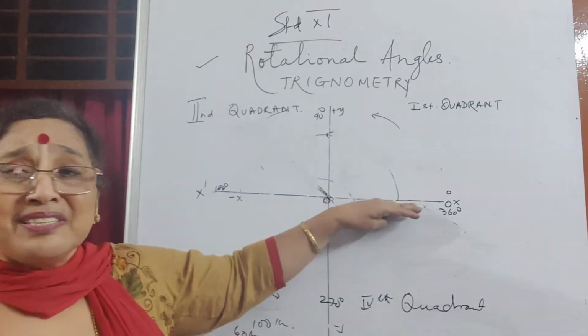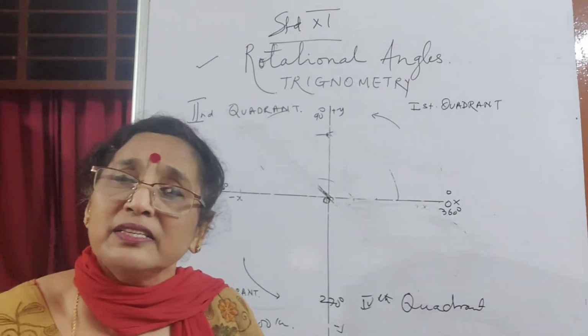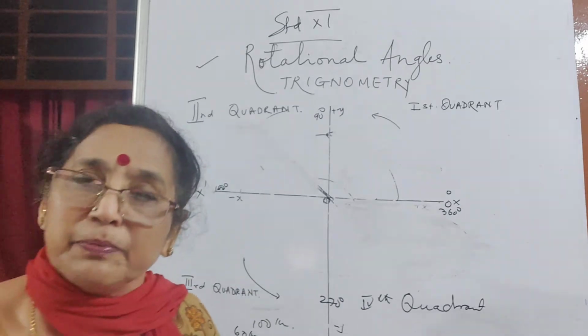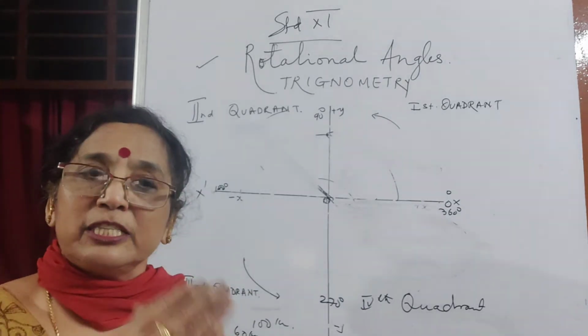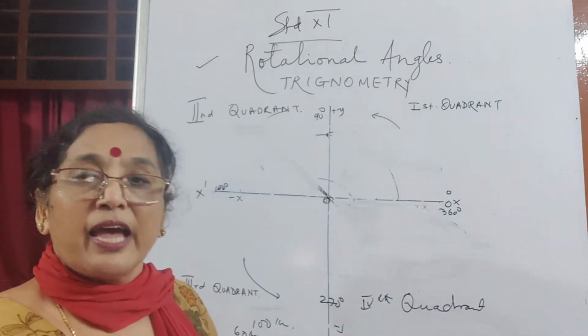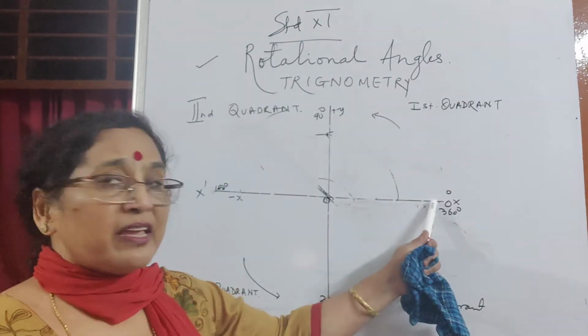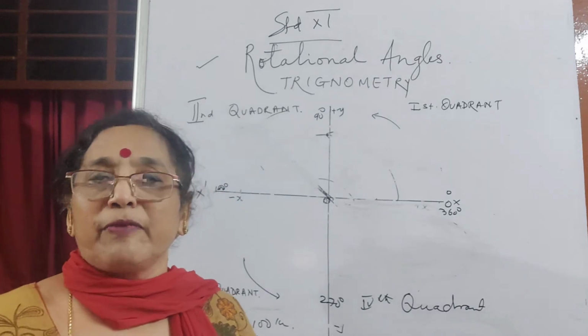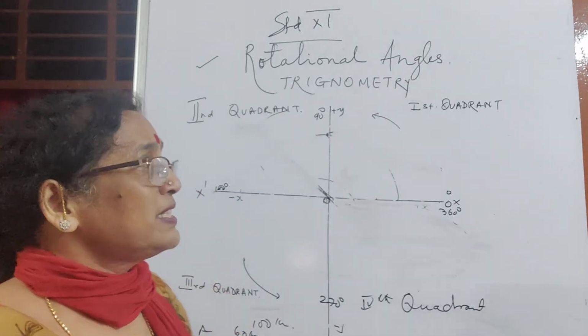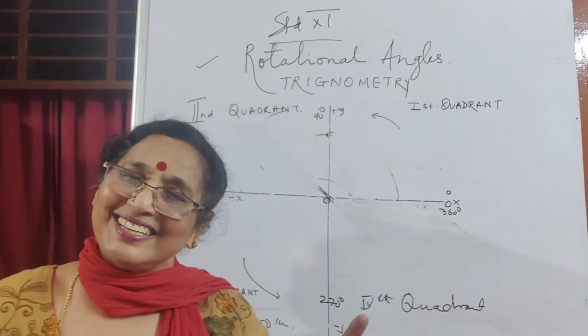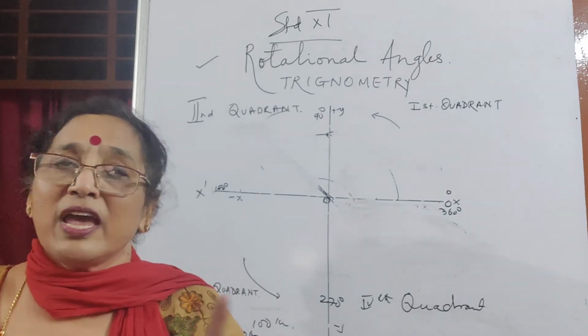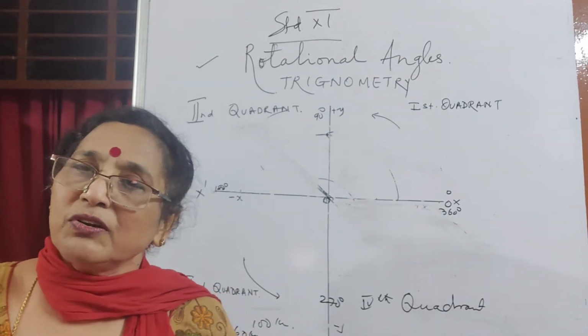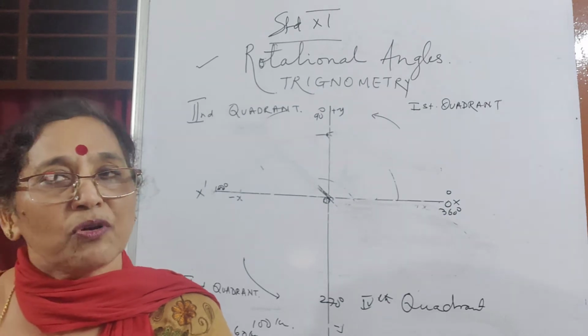But you come back to the starting line. So we are only considering angular displacement, only the displacement from starting line to the end line. So when I come back here, my end line coincides with the OX line. That means I have made 0 degrees. So you will see that if I say sine 360 degrees, it is same as sine 0. If I say cos 1080 degrees, again you come back to same as cos 0.